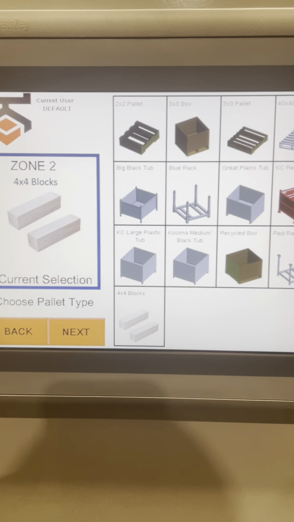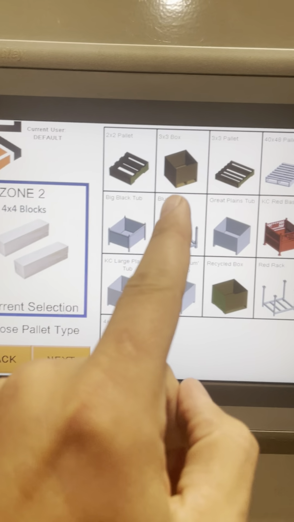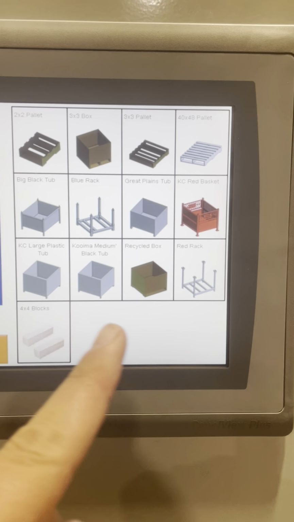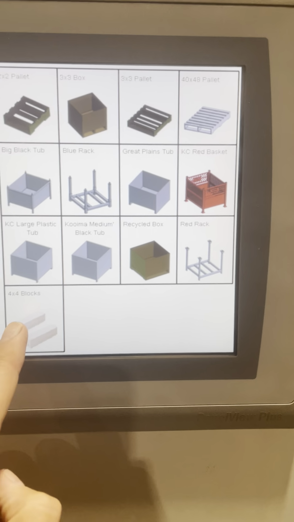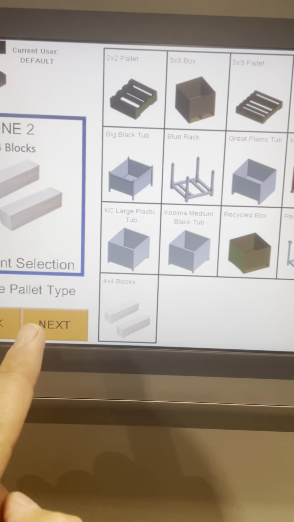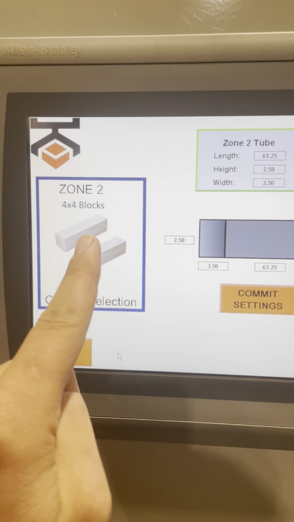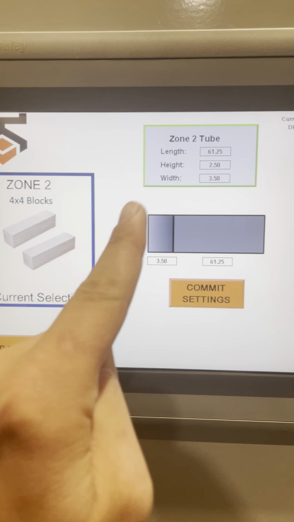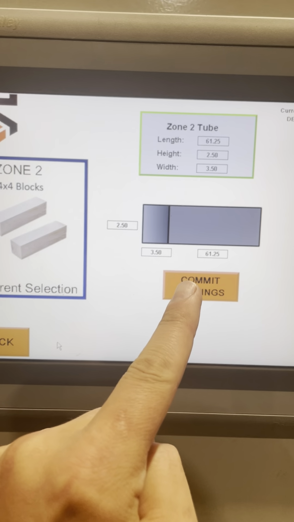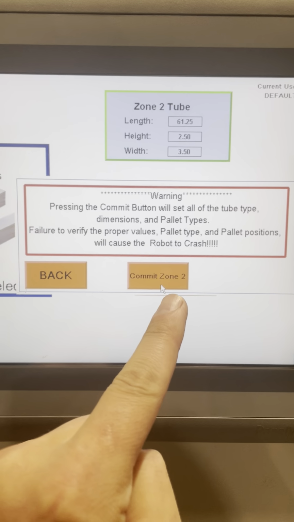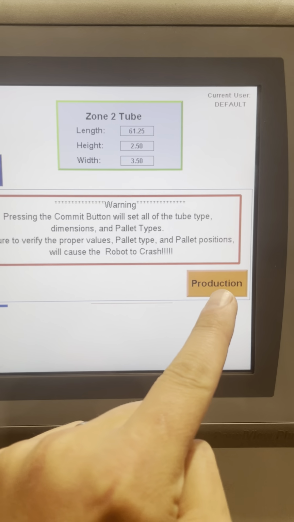Now we get to decide, what are we going to palletize on? So we can do any of these boxes, pallets, wood blocks, any of these containers. So whichever one you pick, you just select it and then hit next. Now we've selected, we want to palletize on these blocks. We're gonna do it in zone 2, and these are the settings. So we're gonna commit the settings, and we're going to commit to zone 2, and then we are going to